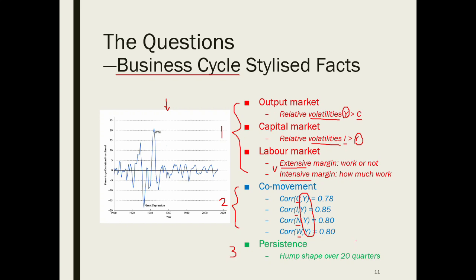If, say, there is a negative shock dragging the economy to recession, such as the global financial crisis and the COVID-19 pandemic, then the maximum effect takes place not right away, but after several quarters, and then diminishes gradually after at least 20 quarters. It is a very sluggish adjustment. The job of macroeconomic theory is to develop models to explain all three sets of stylized facts, which are the research questions of business cycles.